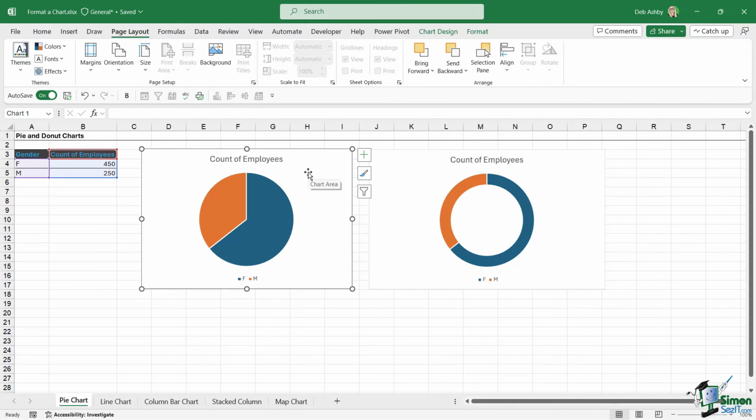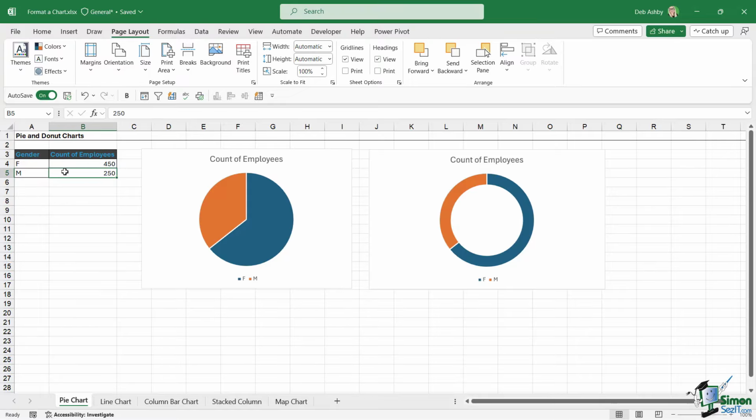Now, one really important point about charts. If you want to make sure that these dynamically update when you add new items into your data set, then you need to make sure that you put your data into a table when you create your chart. For example, this little table here, we just have a count of employees depending on whether they're female or male. But if I wanted to add another category in here, so let's just say other, and maybe we have 50 people that identify as other, notice that even though I've added this into the data set, it's not updated in